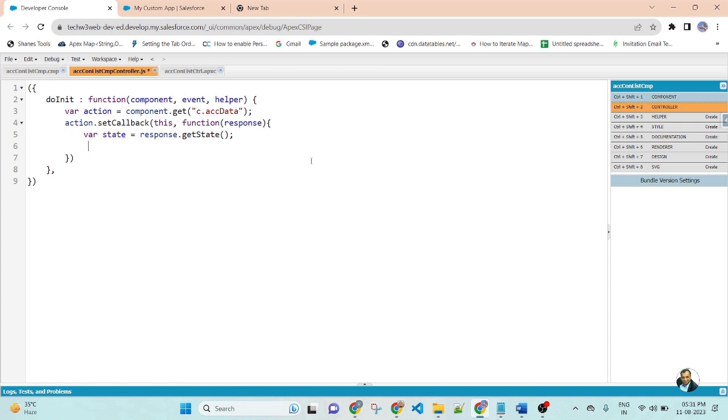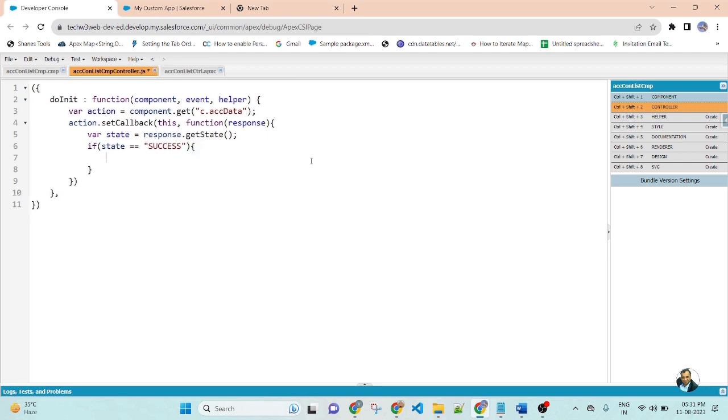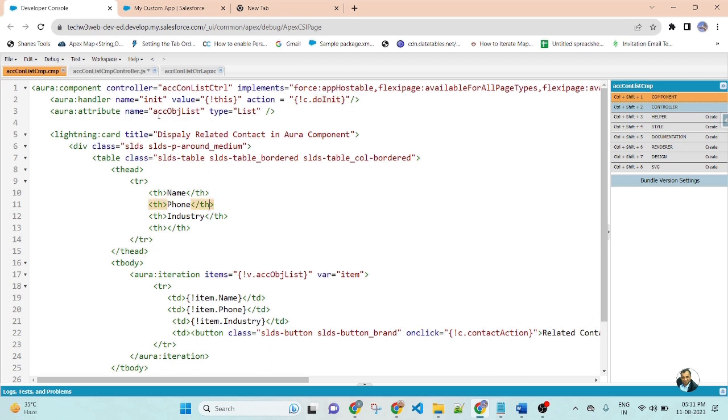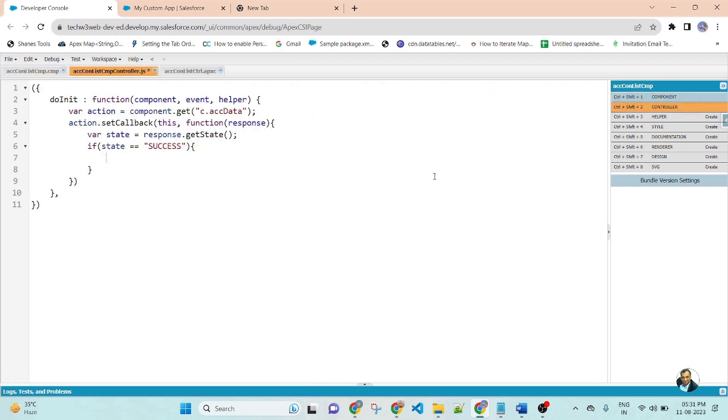Check the state, if state double equal to capital letter, write the SUCCESS. Then here I created a list type attribute. So here copy the attribute name, component dot set v dot list of attribute, comma and pass.